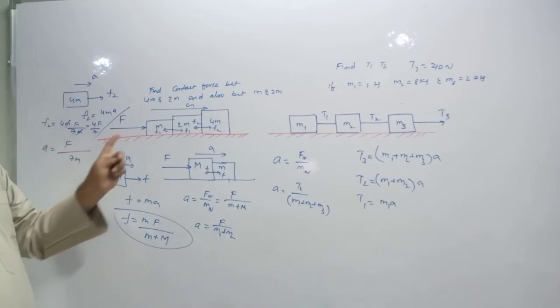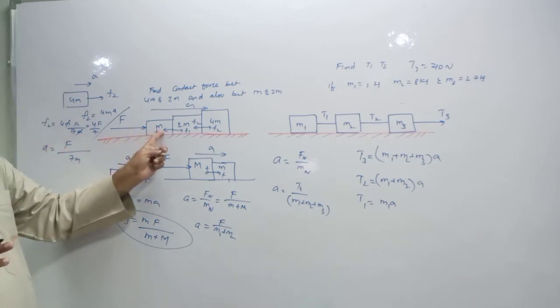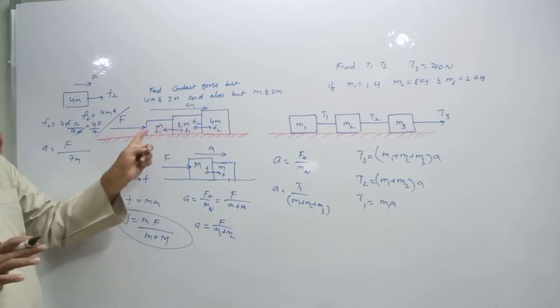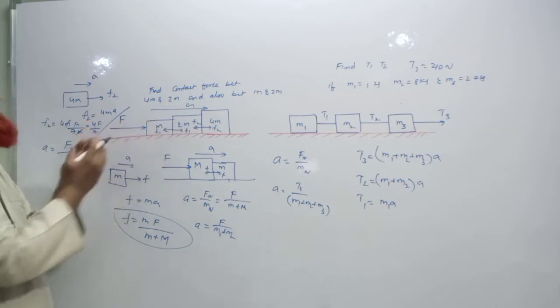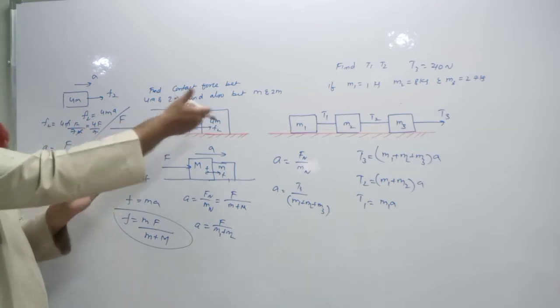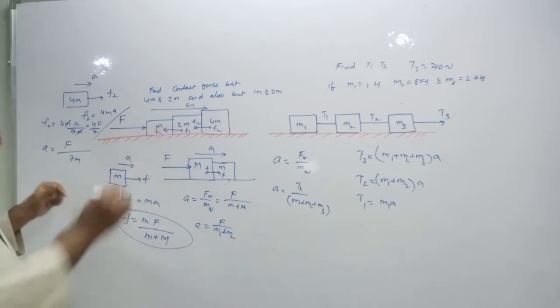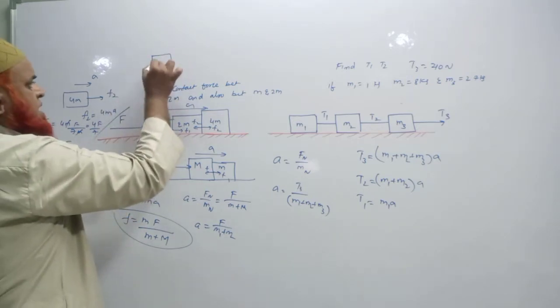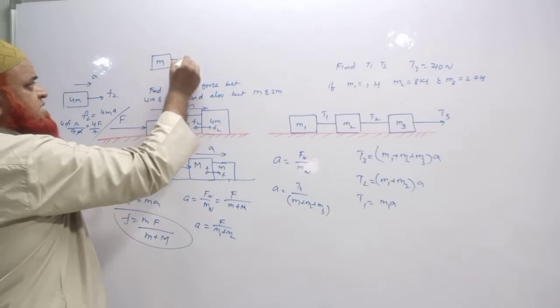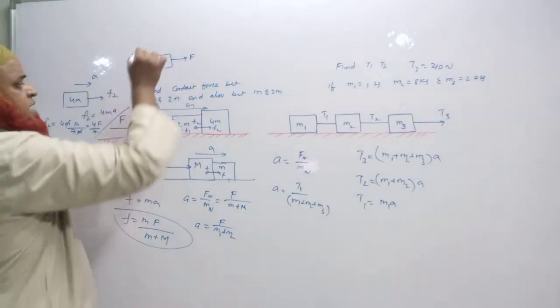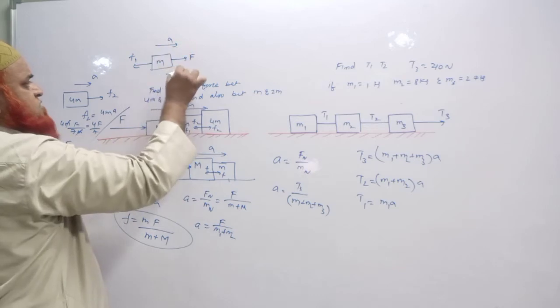And you have to find out what is F1. You can take this block and this block, but the easiest way is taking this block because it is free and separate. If you take this block again, F2 will be involved in that. It's a very tough job for us. So take this small m here, and what are the forces acting on this? Capital F. In this direction F1 is acting. This is going right side. Resultant force is also right side.